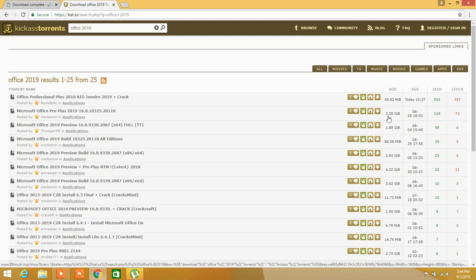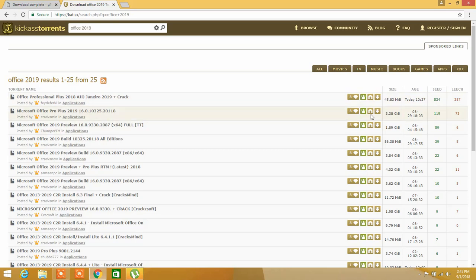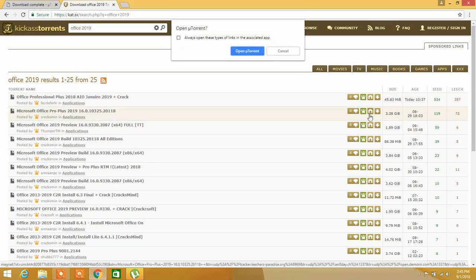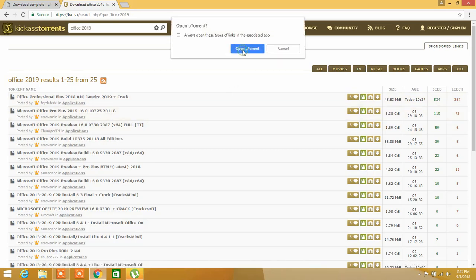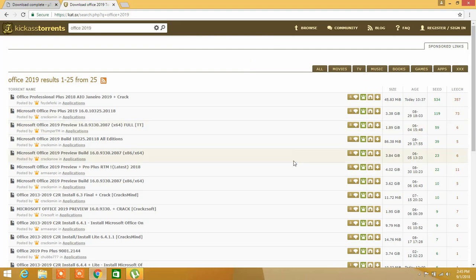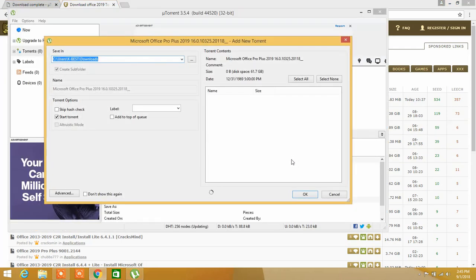So what I want you to do is hit this U button over here on the right-hand side of the page. Just click on this U button and you're good to go. If you click on it, uTorrent will load automatically. Open with uTorrent,